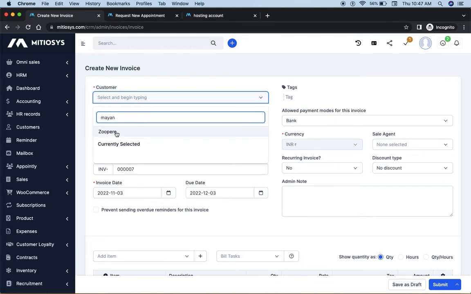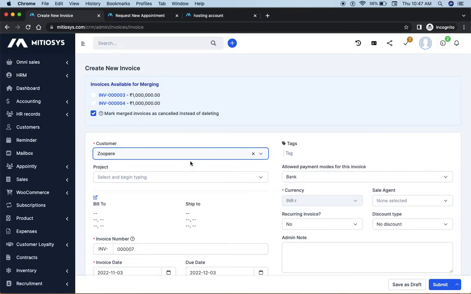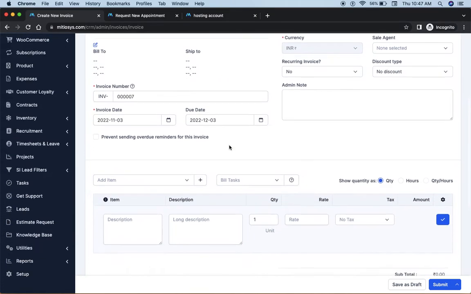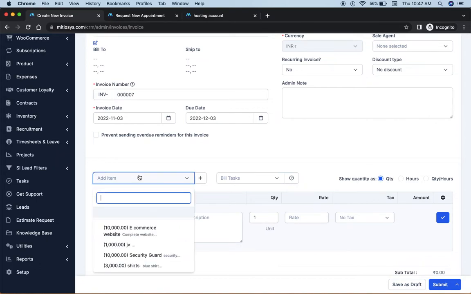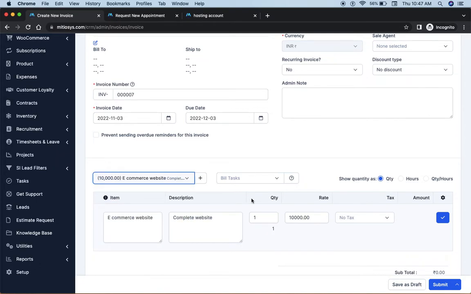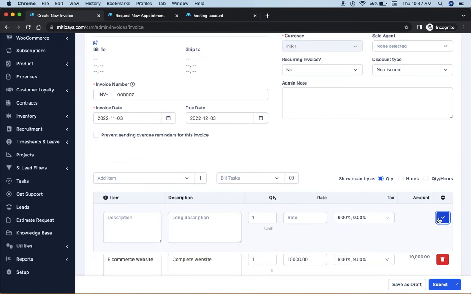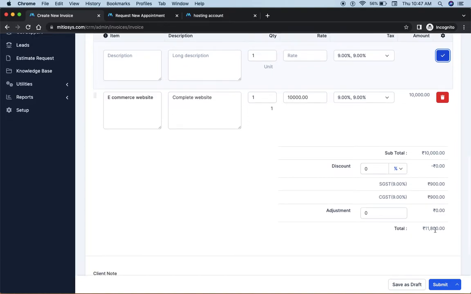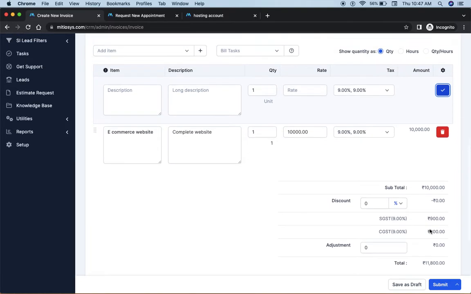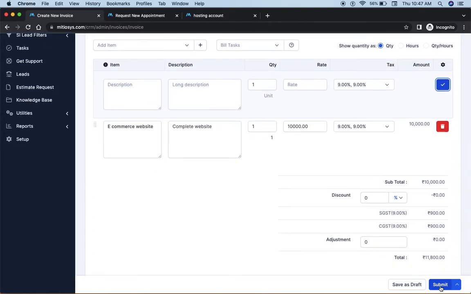Okay, so this is the customer for which you wanted to create the invoices. Okay. Now you're providing one service as e-commerce development. Okay, you can add taxes, CGST, SGST. Okay, so the overall amount that the customer has to pay is 11,800. Okay, now we can save as draft or we can submit it. Okay,